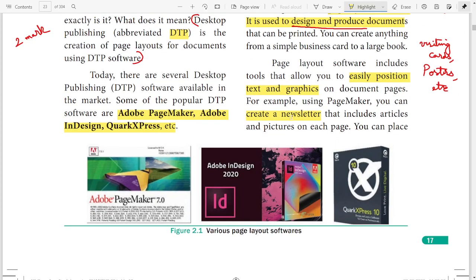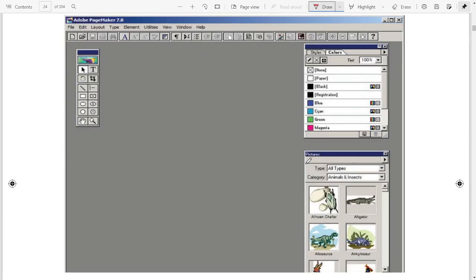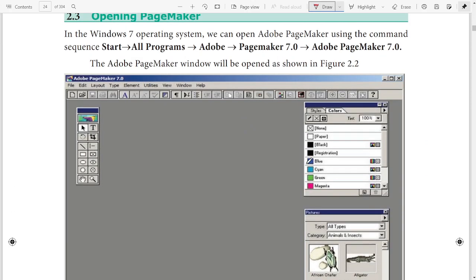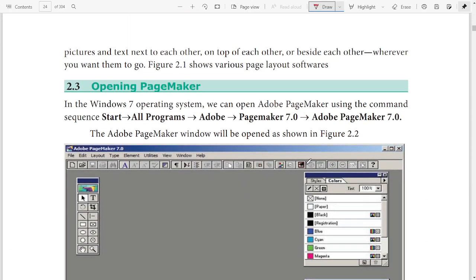So these are various softwares. This one is Adobe PageMaker, this is Adobe InDesign, and this is QuarkXPress. All the softwares are paid softwares, which we have to pay for full-time access. You can place pictures and text next to each other, on top of each other, or beside each other, wherever you want them to go.